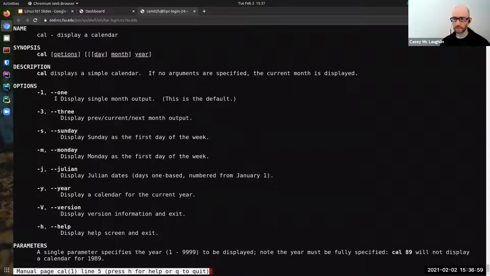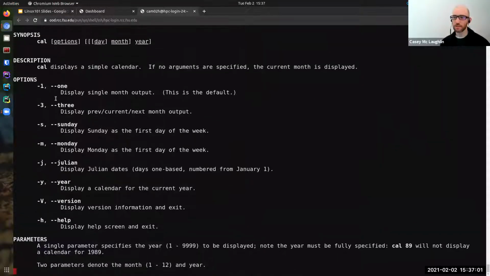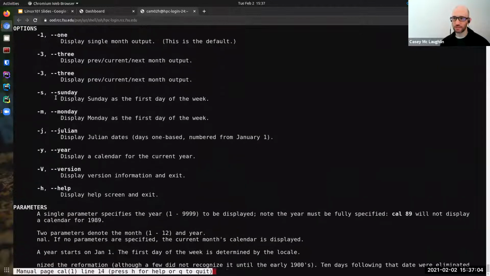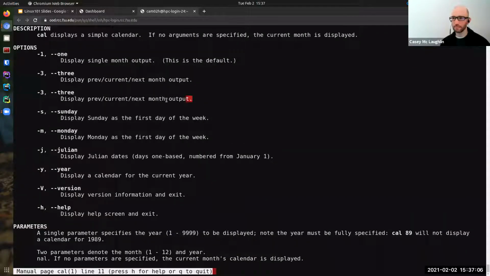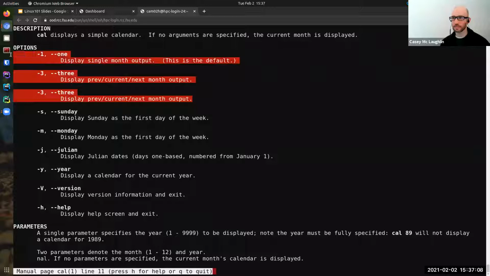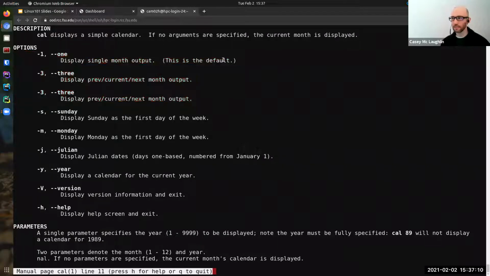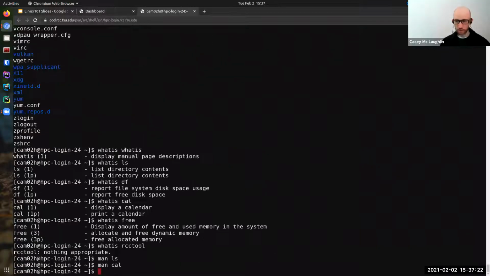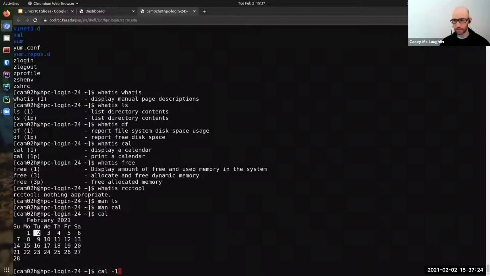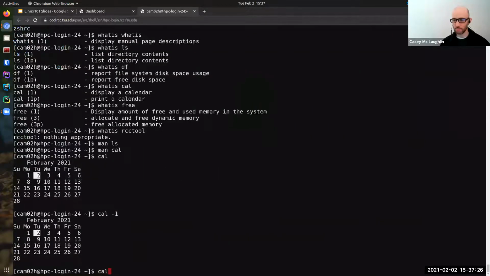And as you can see, a lot fewer options are listed below. It generally defines the default options if you don't supply any options explicitly. So it displays one month. So whether or not you run it like this or run it like that, it always produces the same output.